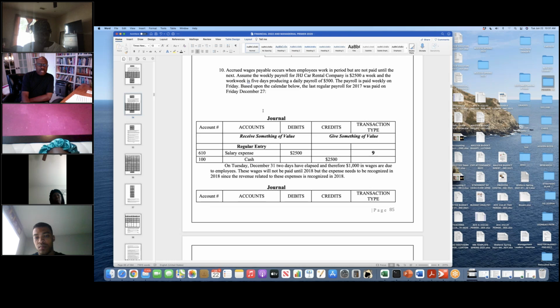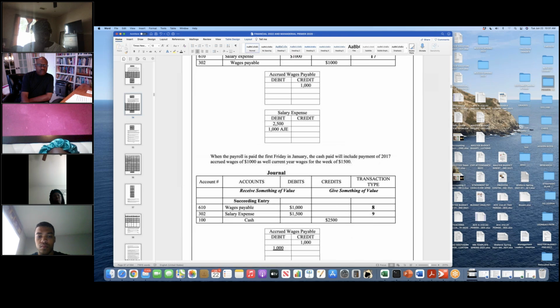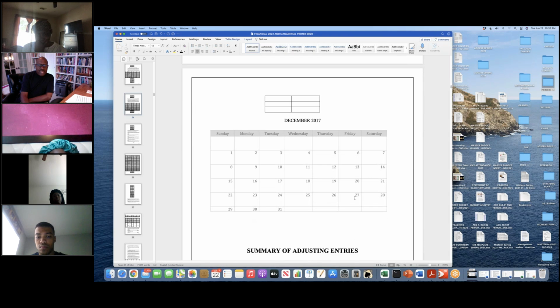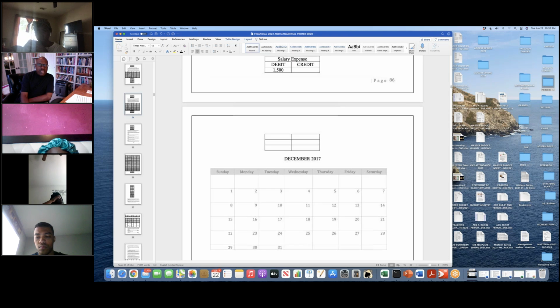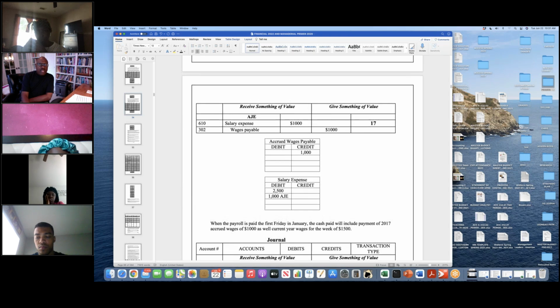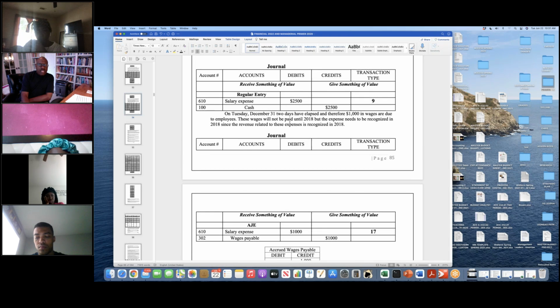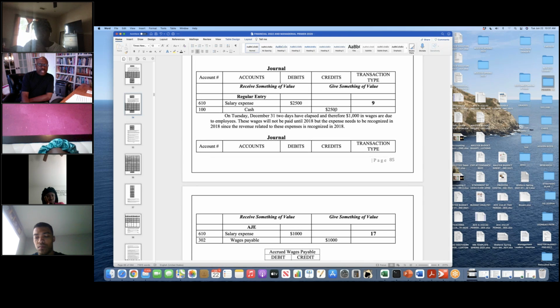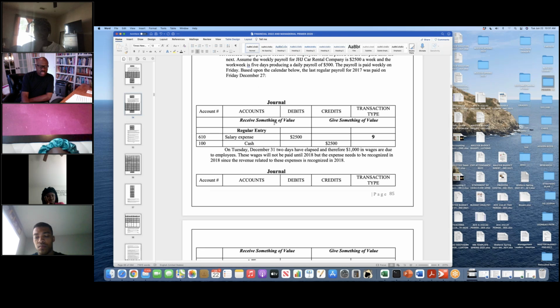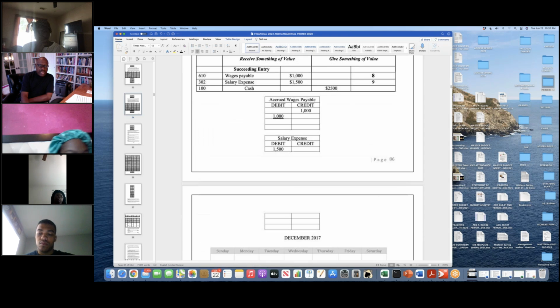So when Friday comes up, and we have a calendar here, on Friday the 27th, the workers work that week and they're paid, and we make a journal entry debiting salary expense and crediting cash. So this is the journal entry that is made on December 27th when we pay a whole week's wages, a type 9. But if you look at this calendar,